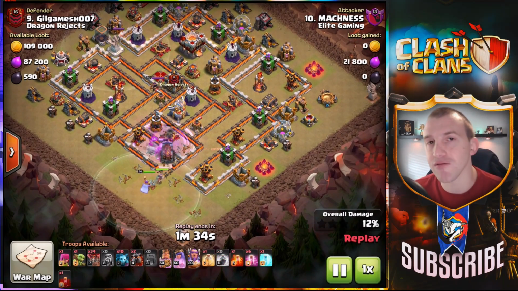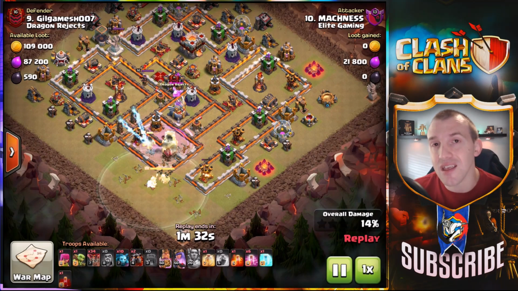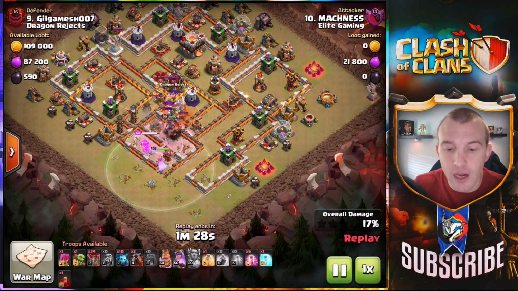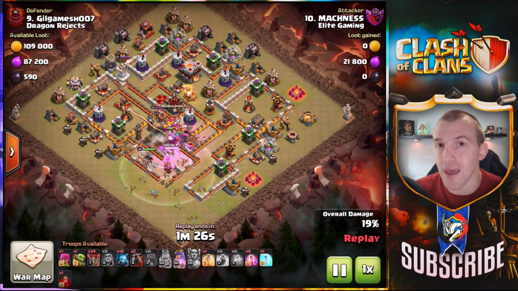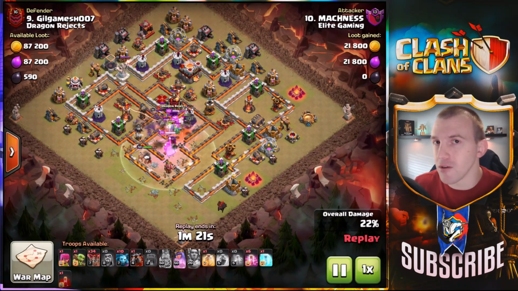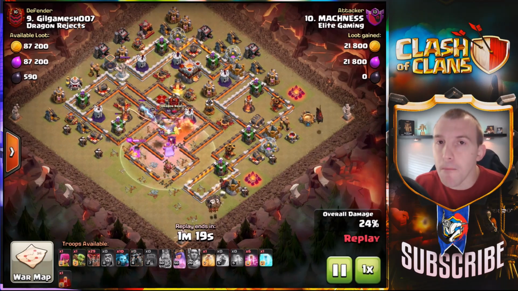Wall Wrecker is going to press right the way in. You will see we'll get to the Eagle Artillery, we'll get to the CC, and we will get to that Queen. Not to mention, in the south of the base, all of the defenses are down so that we can control the balloons a little bit better. We can use more of that